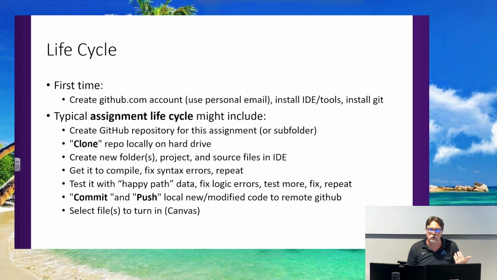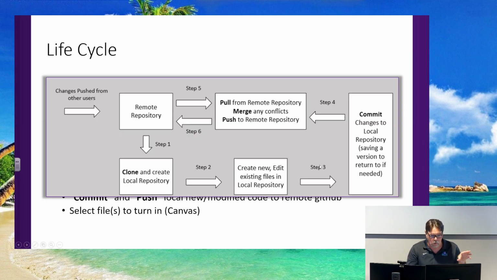So you go to GitHub and you create it, you git clone to pull a copy of the created repository locally, you make your changes, you git commit them, then you git push them back to GitHub, and then wash, rinse, and repeat. Okay, makes sense? And it makes a lot more sense after you've done it a few times. So I do have this diagram.